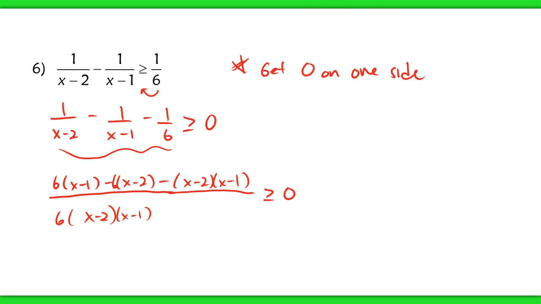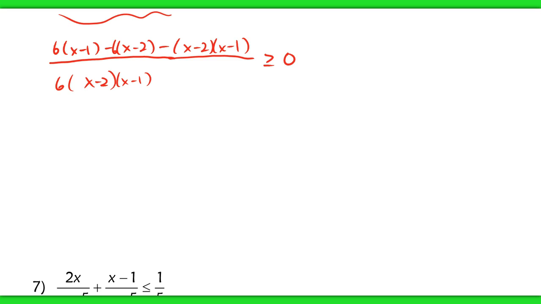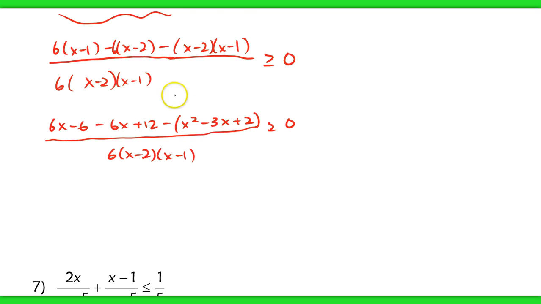Okay, so I'm just going to simplify the numerator here. So give me a second to do that. You guys can go ahead and simplify your numerators too. Okay, so I do want to make sure that you're not making any errors with your signs here. A lot of times people will forget to distribute that negative to the entire expression here, so just be really careful about that. But these are going to cancel, and I'm going to be left with negative x squared plus 3x, plus 4 here,